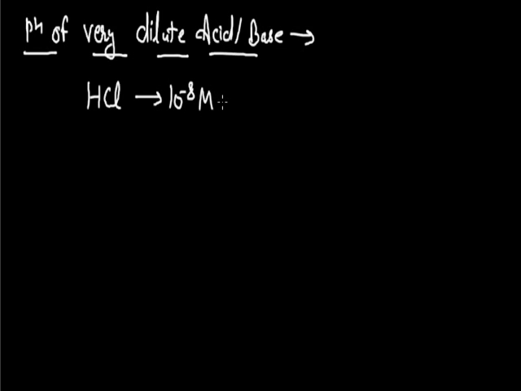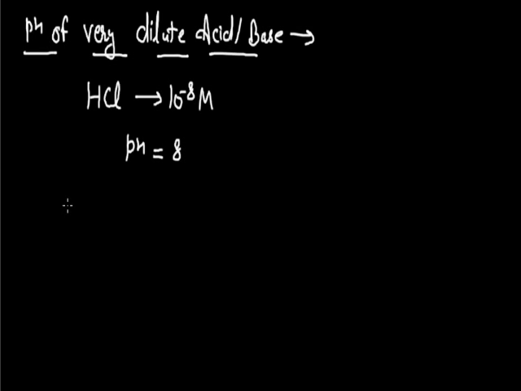From this given concentration, if we calculate the pH for this aqueous solution, the value of pH will be 8. Now as we all know, HCl is a very strong acid, and its value should be in the range of 1 or 2, but here the value is 8. That is not the pH of an acid, and this value of 8 would indicate the presence of a base in the solution, which is not there. So this abnormal value indicates that the solution is very dilute in nature.